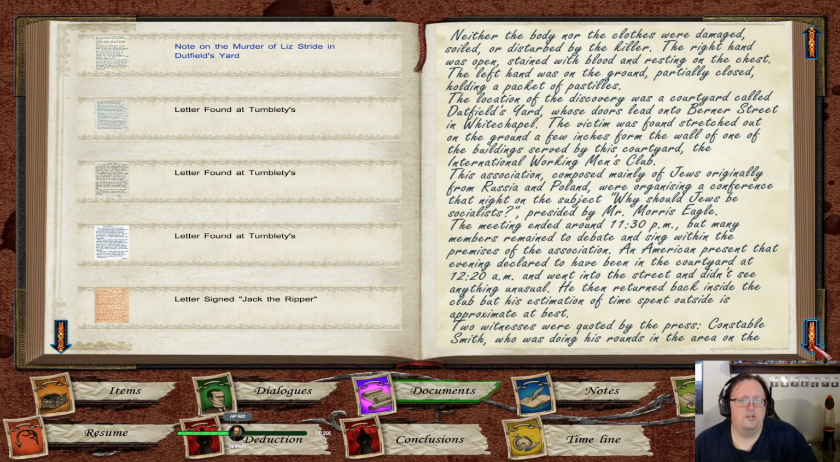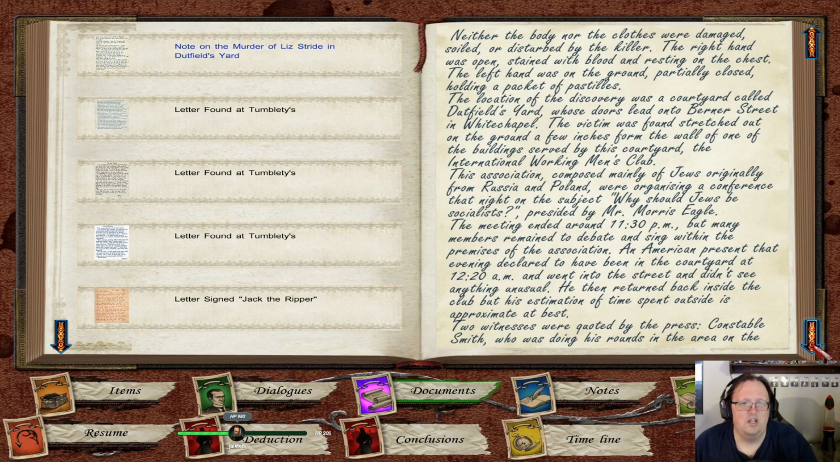This association, composed mainly of Jews originally from Russia and Poland, were organizing a conference that night on the subject "Why Should Jews Be Socialists?", presided by Mr. Morris Eagle. The meeting ended around 11:30 p.m., but many members remained to debate this and sing within the premises